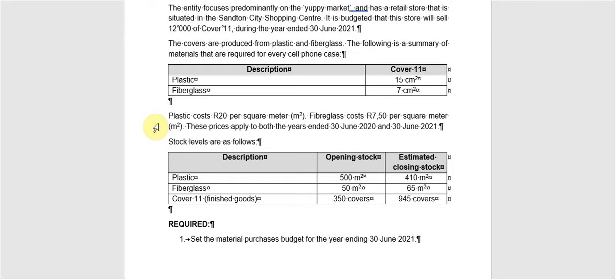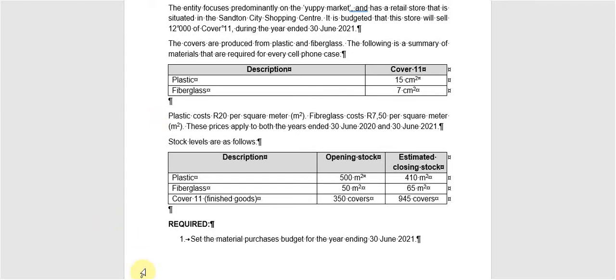The following stock levels are available. Of plastic, the opening stock is 500 square meters and the estimated closing stock is 410 square meters. For the fiberglass, opening stock is 50 square meters and closing stock 65 square meters. Of the finished goods, the opening stock is 350 covers and 945 covers in the estimated closing stock. In the required part, you are asked to do the material purchases budget for the year ended 30 June